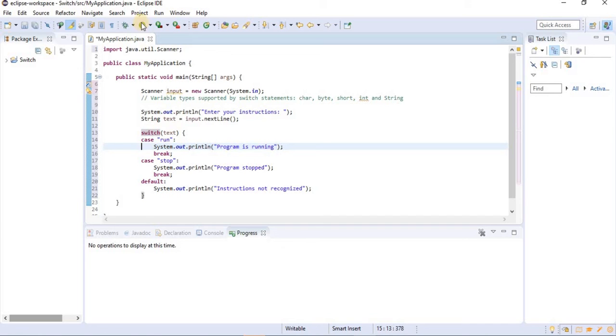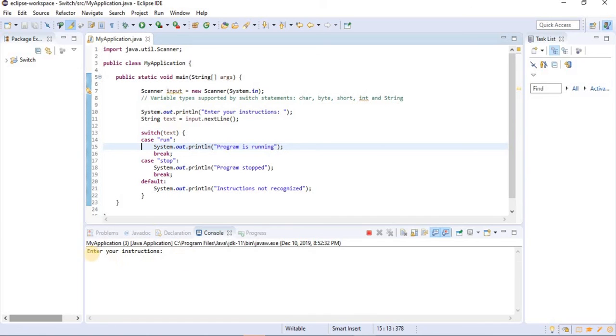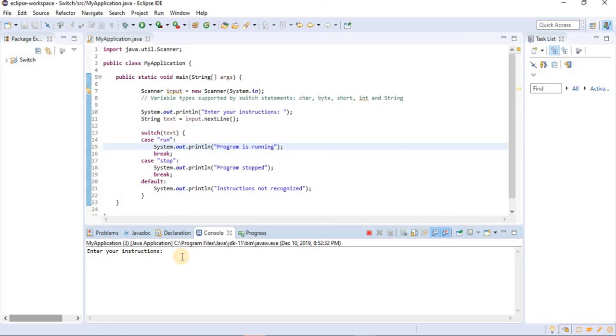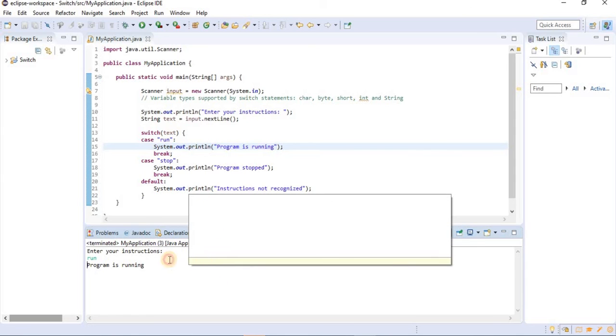So now we're gonna run our program. So it says enter your instructions. So if you write something that's not run or stop, the default section will be executed. So you have instructions not recognized. But if you say run, you have program is running. Or you say stop,